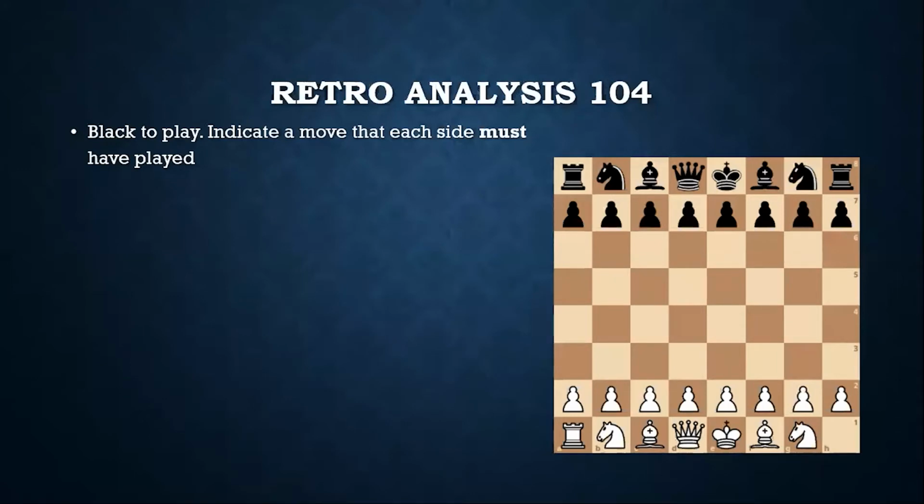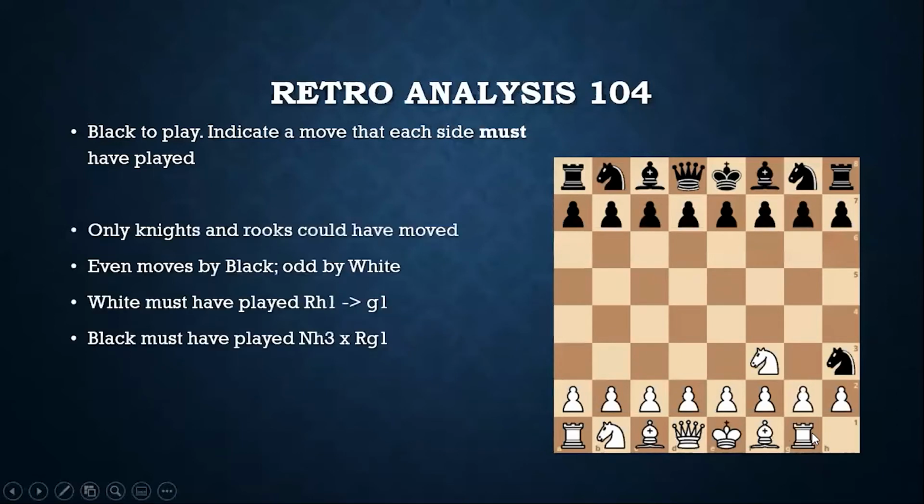So it means that the black side has played a total of an even number of moves, which means that the white side has played an odd number of moves. And if you look at the white side, again the white rook and the white two knights are back at their original position. So how could white have possibly played an odd number of moves? If the white rook on h1 toggled to g1 and back to h1, then it has again completed an even cycle. So the only way is that the white rook moved from h1 to g1 and could not move back, and the only reason it could not move back is because it was captured on the square g1. So this position must have necessarily occurred.